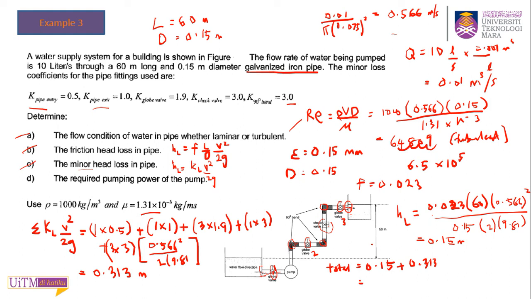So you will get 0.463. So this is your total H loss. And to find your pumping power, this is equal to